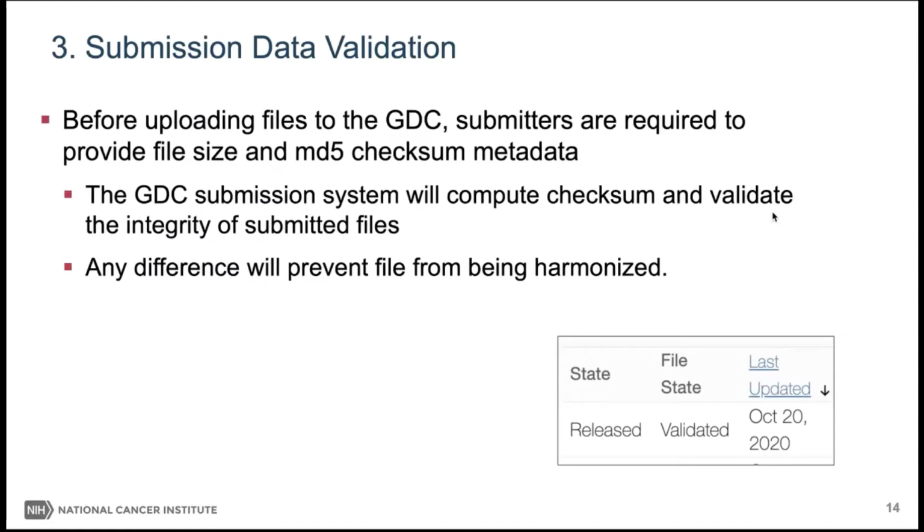So once the file is then uploaded, a script happening behind the scenes in the GDC will verify that the file size and the MD5 sum of the file actually match the uploaded file size and MD5 sum. This is to verify the integrity of the file. So, this will stop a submitter who perhaps uploaded the wrong file, or will also prevent things like corrupted files